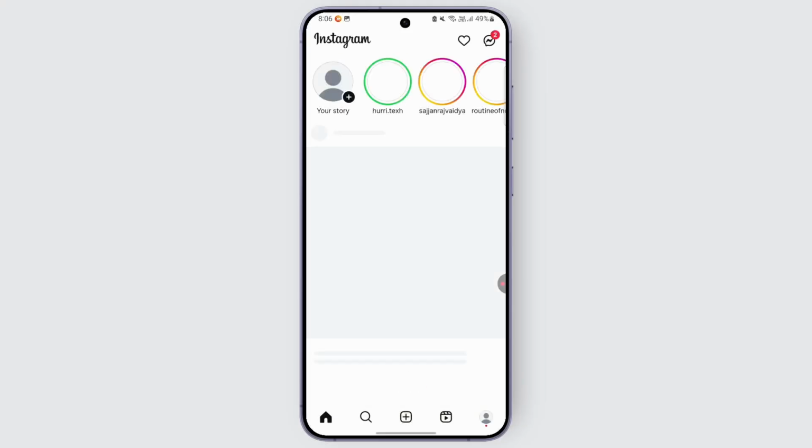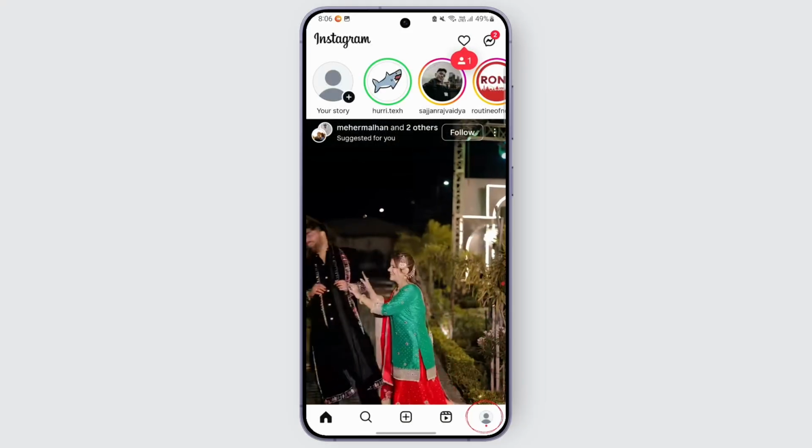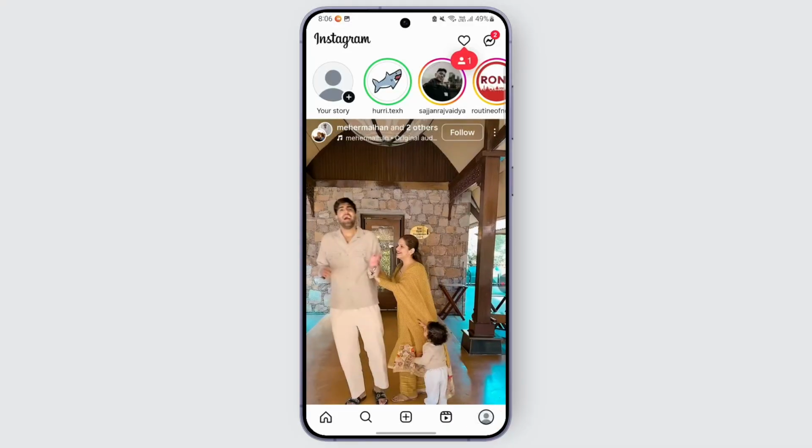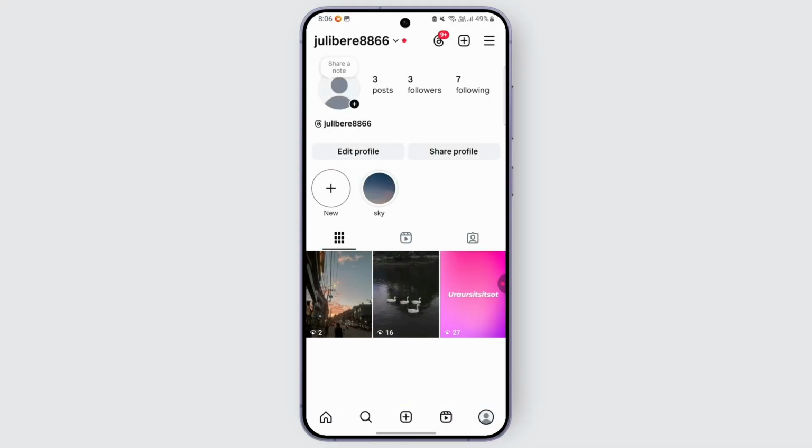And once you access your Instagram, you need to go over to your profile, which should be available in the bottom right corner. So tap on it and that will open your profile right here. Now, from the profile, what you need to do is select your settings and privacy, which should be available in the top right corner. So select it,